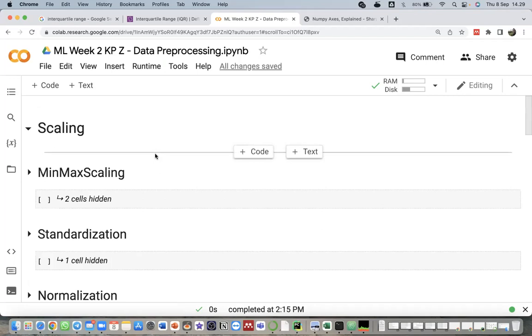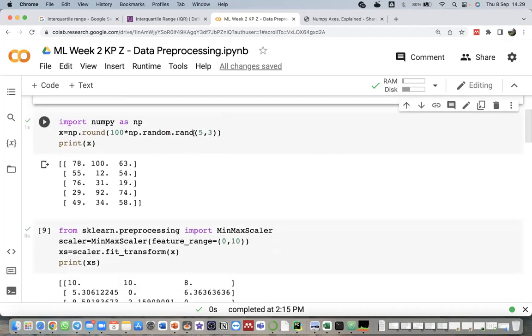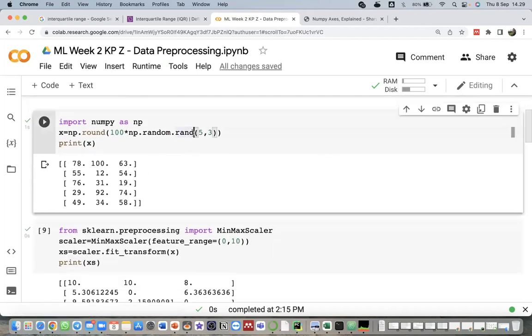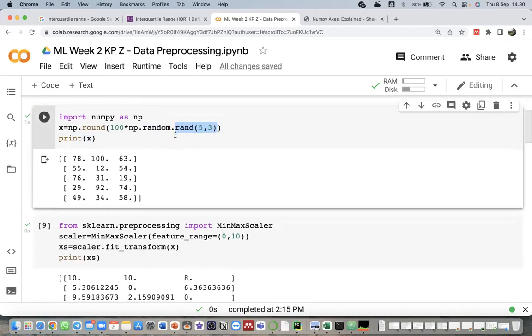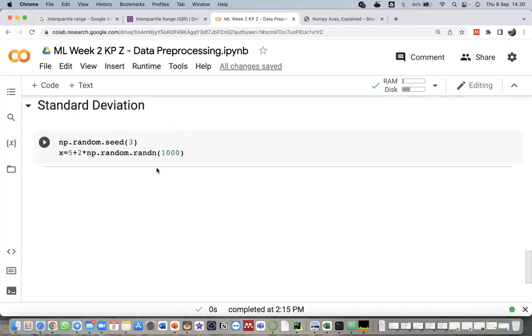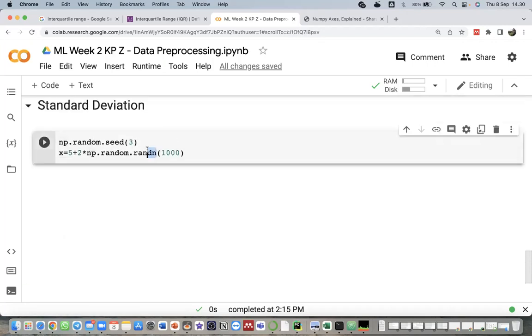If you compare with our previous code, we didn't use randn, so the distribution may or may not be Gaussian; we don't know, it is completely random. But if we use the randn method, it gives us random values with a Gaussian distribution.